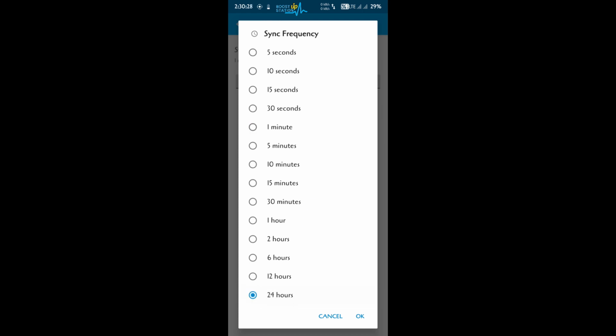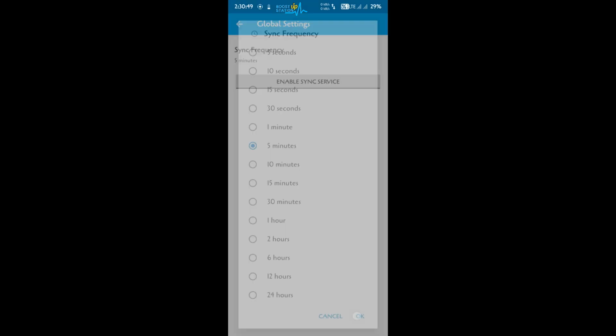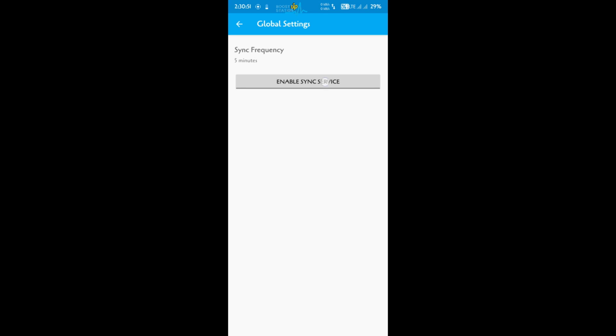Like every 24 hours you want to execute this task automatically, then you have to choose this option. But for showing you, I am just selecting this 5 minutes. So every 5 minutes it will be updated, the data in the SD card from the internal storage. Click on OK and click on enable sync service.